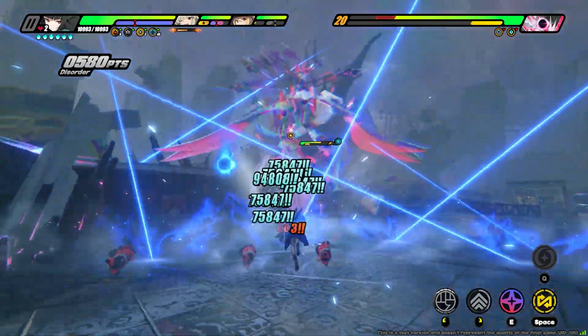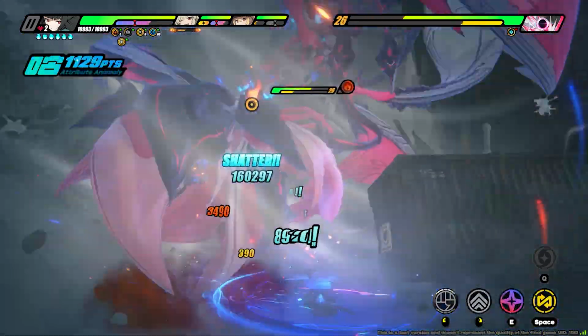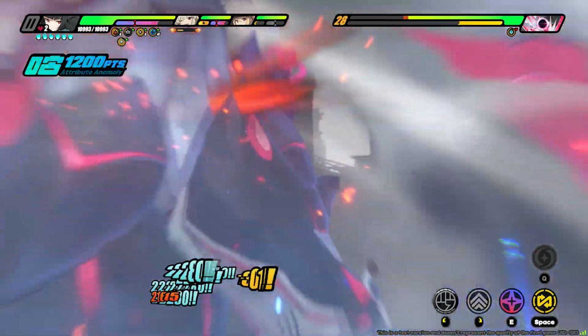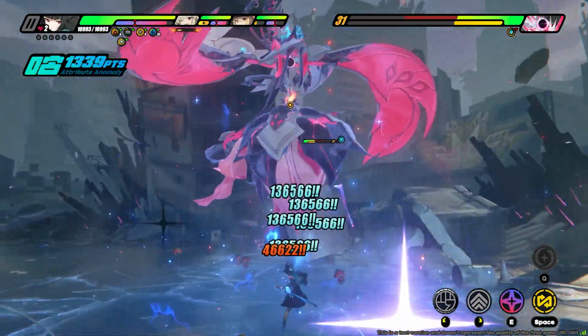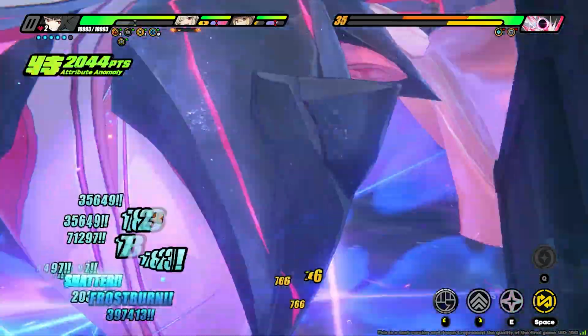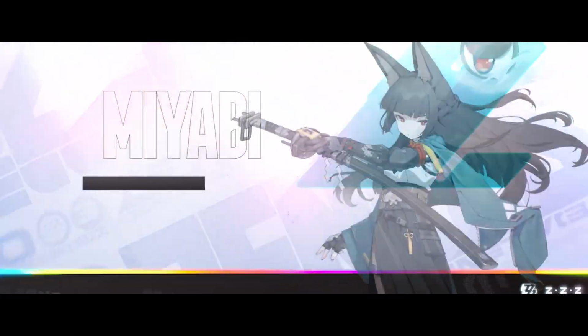But that, ladies and gentlemen, is my Miyabi build guide and kit breakdown. Right when I saw Miyabi during the launch of the game, I knew I had to have her, but having her own damage type on top of being an anomaly character just makes this even better. I almost have 100 pulls saved up at the recording of this video, so I'm definitely going to be pulling for her